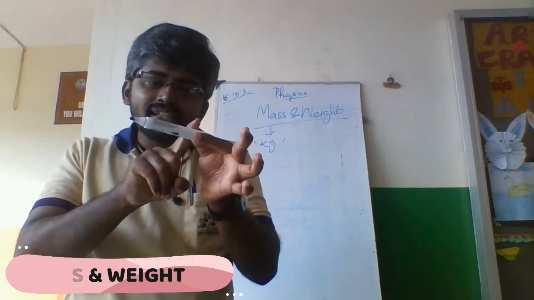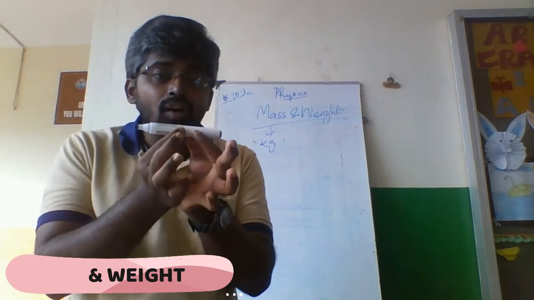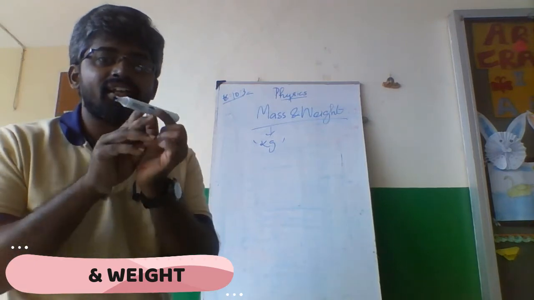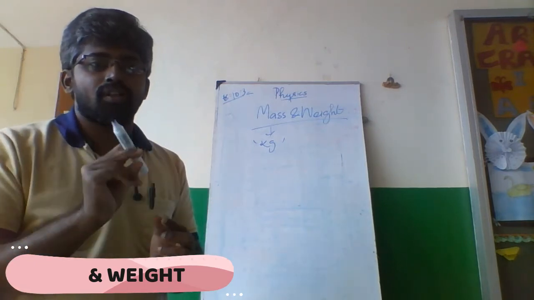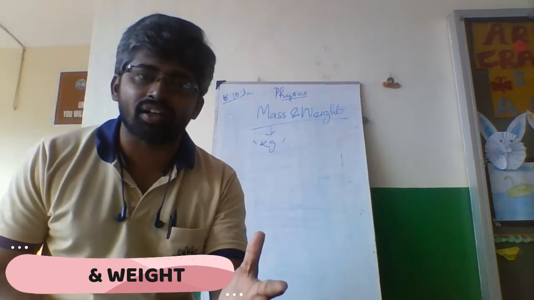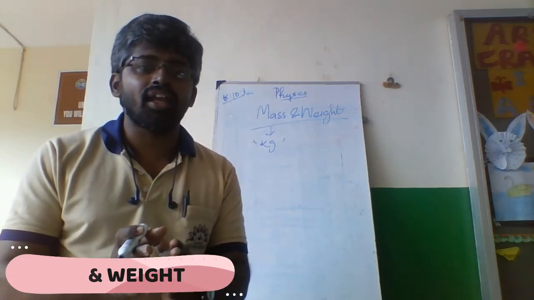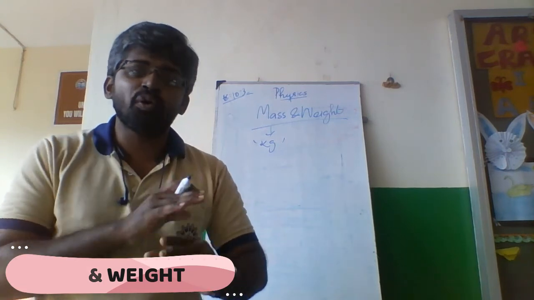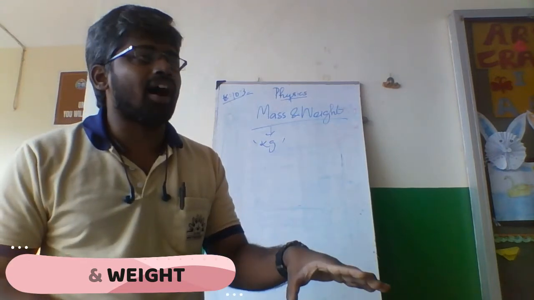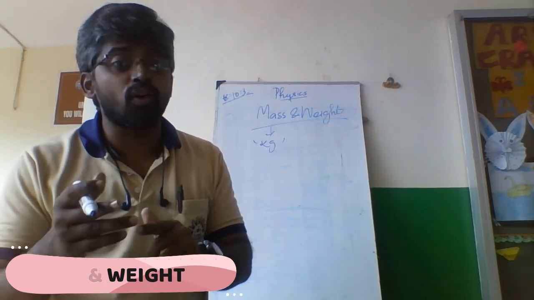What is this mass? This body, this object has matter. The measure of this matter is in kilogram. That is not weight. That is in kilogram. That is mass. Okay, but we use them interchangeably. When we ask what is your weight, we say it in kilogram. But weight is not in kilogram. Weight is a force. Okay, but mass is in kilogram. We don't say our mass anywhere, but we say our weight.